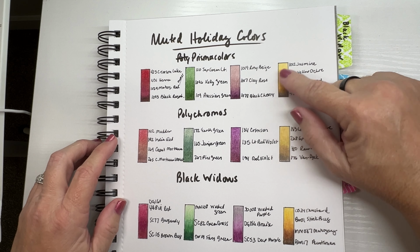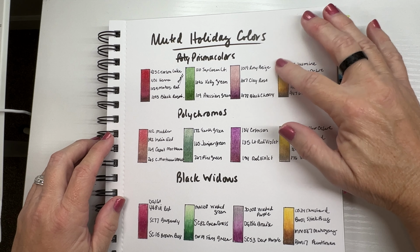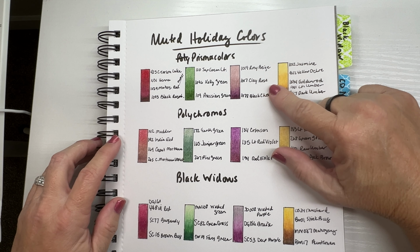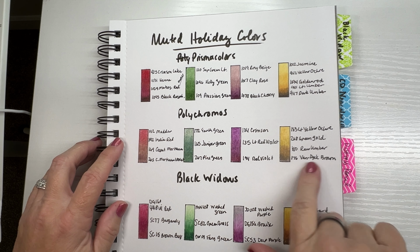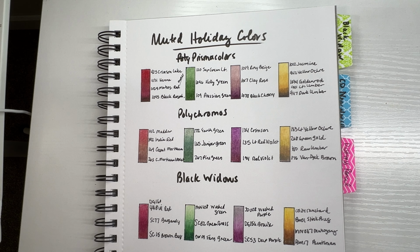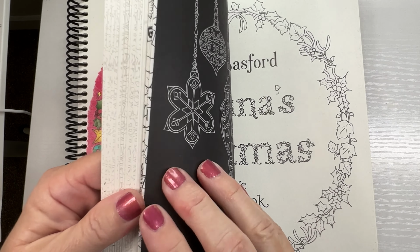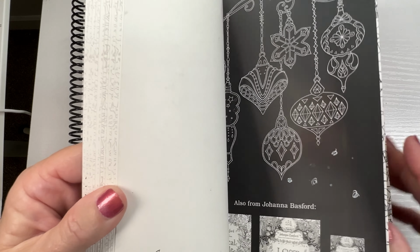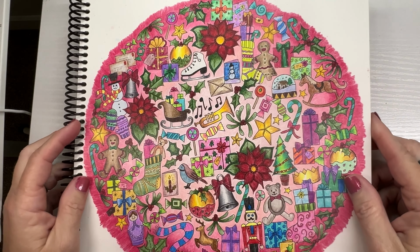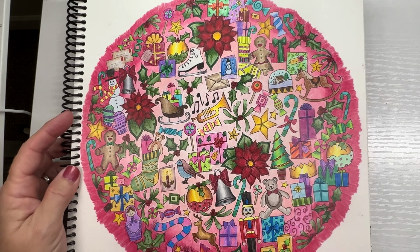I would have also added maybe a very cool brown or some French grays or something like that to this set, but I just tried to keep it to only 4 sets of colors to keep it simple. Excuse me. So one thing I wanted to show you, this page, this is from Johanna's Christmas book. Let me find her Christmas book here for reference. This has a lot going on, so I apologize, but you can see here, if I zoom in,